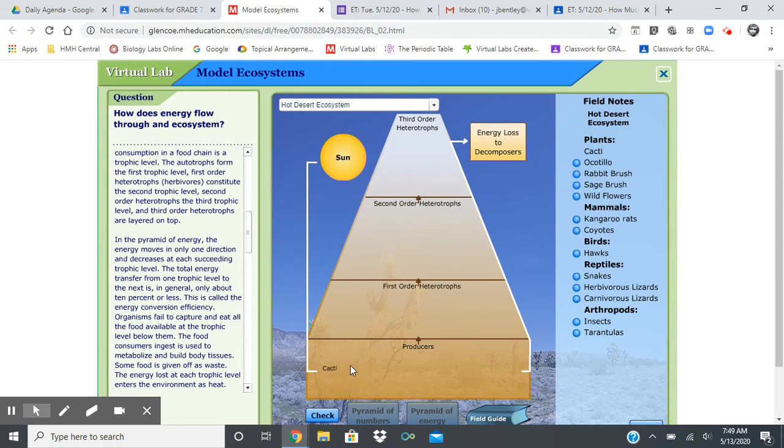So I click and drag and drop it. And I know that all of these plants, for example, are producers. That's an easy one. So we click and drag and drop these puppies down here. And once we get them all placed, all of what we think are producers, I'm going to go ahead